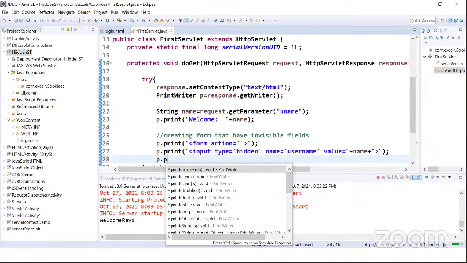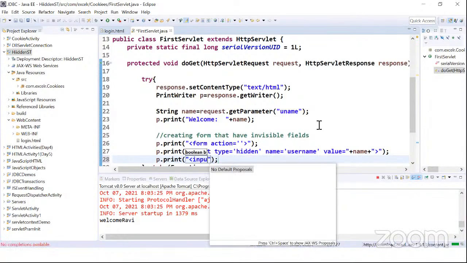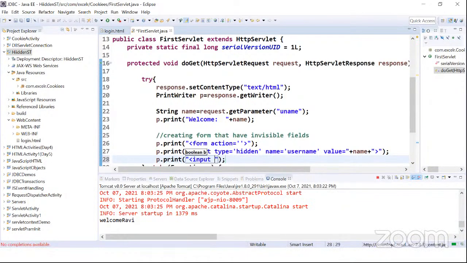So form print, input type equals to button. There is single quote, right? Button, and we can pass value, right? So value,